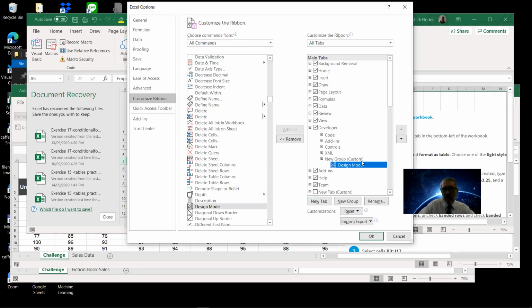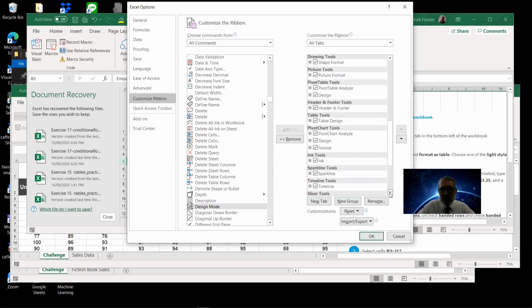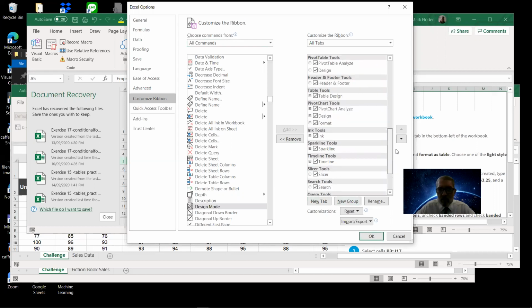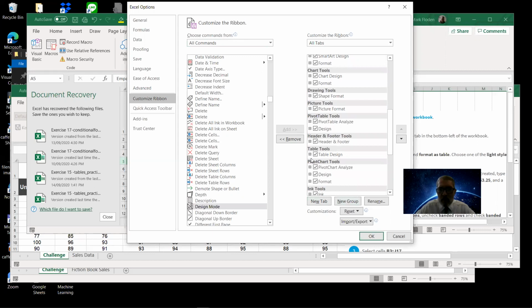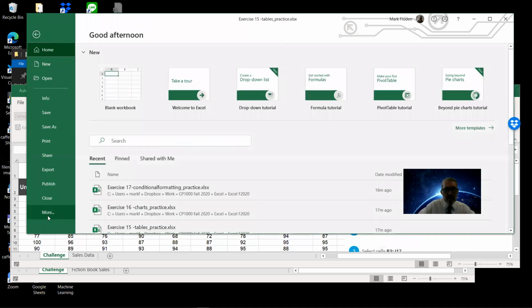And that's how I got the design mode there, is using that add button to that new group. Once that's established in there, also just make sure that you have your tools for your table. They might not show up until after you've done this exercise though. So once you've done that and you've checked your design mode, you can go back into that menu and